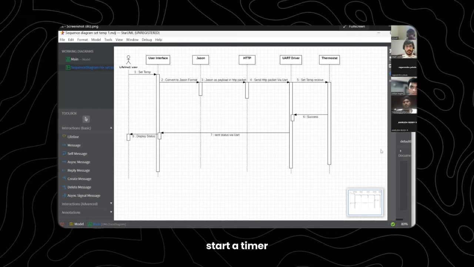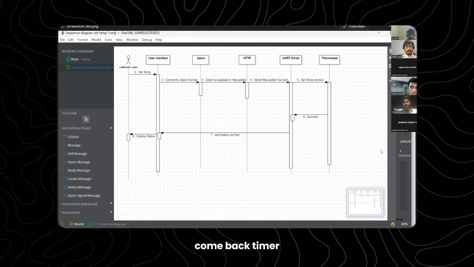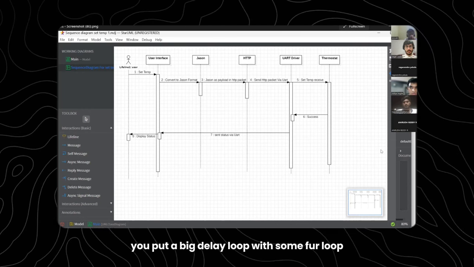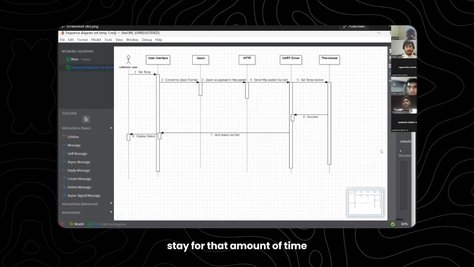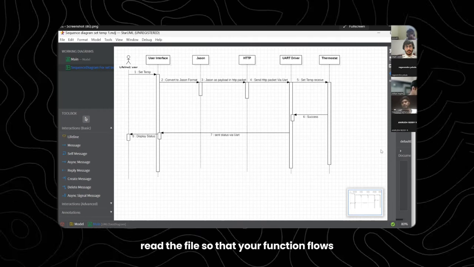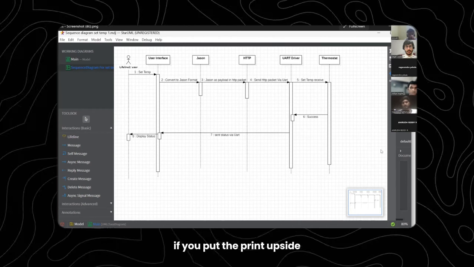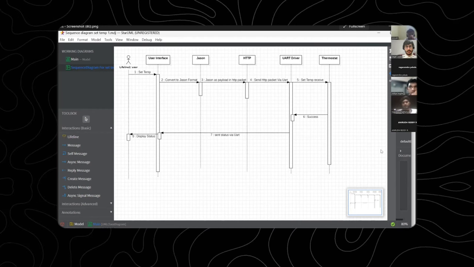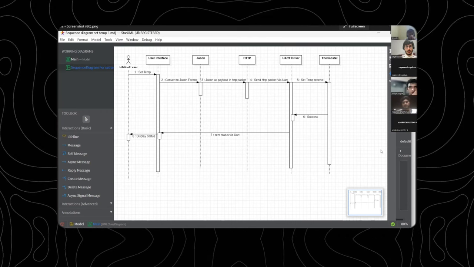You don't even have to worry about a timer. You put a big delay loop with some for loop, stay for that amount of time, assume that the value is there, and again read the file, so that your function flows. If you have put the printfs, they all get printed in sequence. Clear?